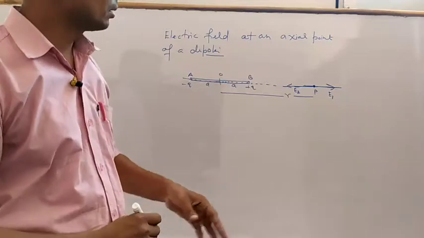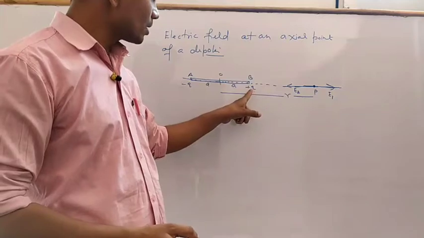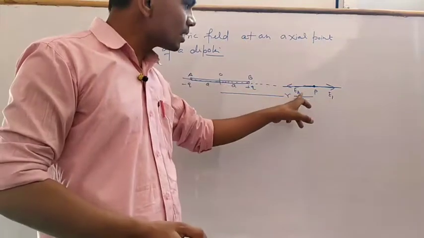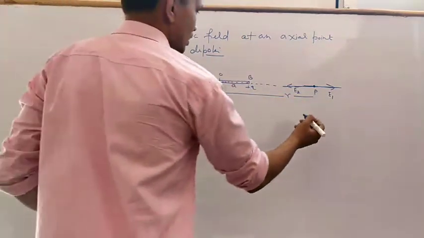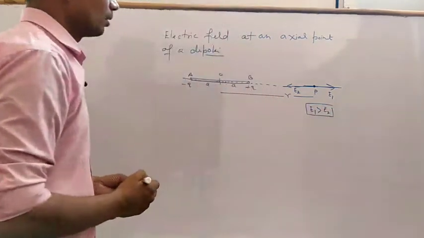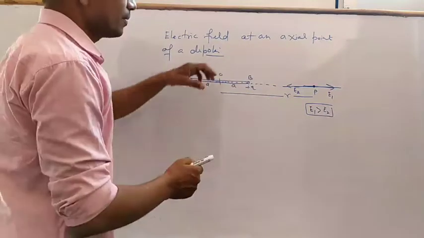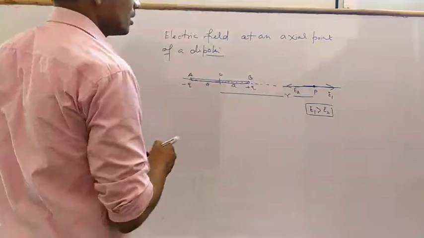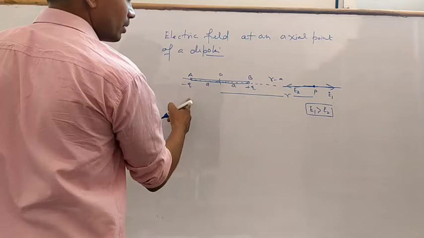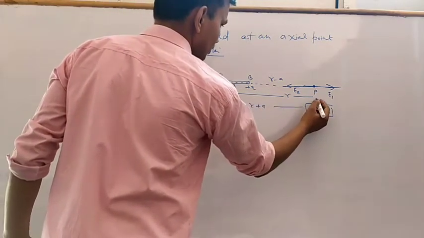And here you have to see that the strength of electric field depends upon the distance. This is closer in comparison to this one, therefore E1 is greater than E2. This is very clear that E1 is greater than E2, because this positive charge is very close to point P, and this distance, if we calculate from B to P, is r minus a, and this distance from the other charge to this point is r plus a.